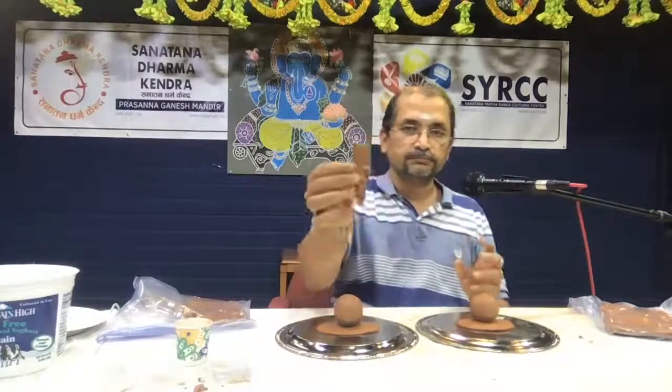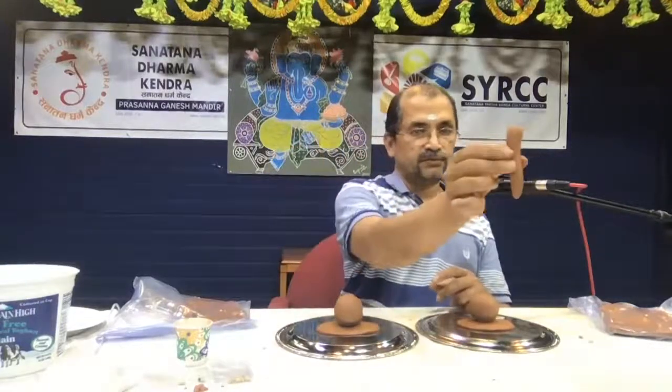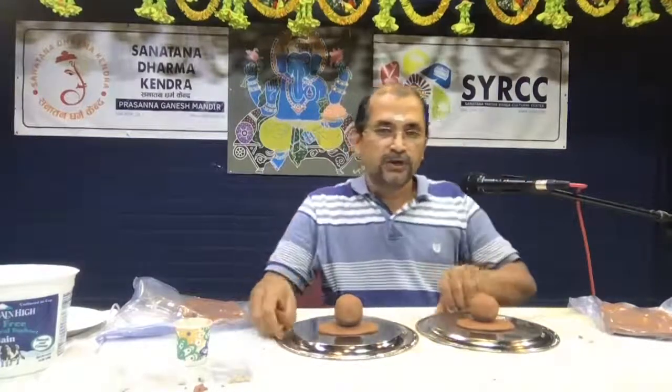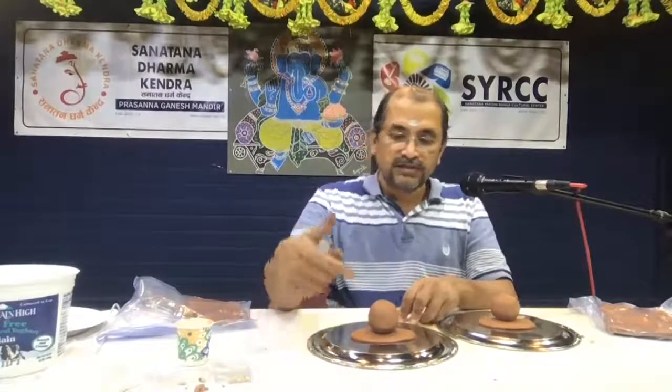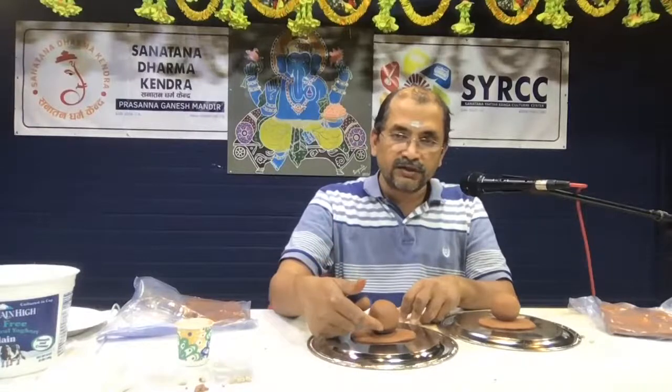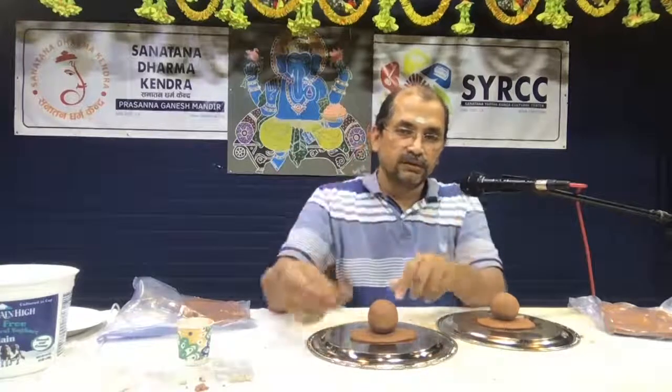I'm going to make it like this. So that's the carrot so far. And I'm going to show you how you can attach this. So let's say this is the back of Ganesha, and the other side is the front. The side facing the camera is the back. So you take the thicker part of the carrot and put it in the back,